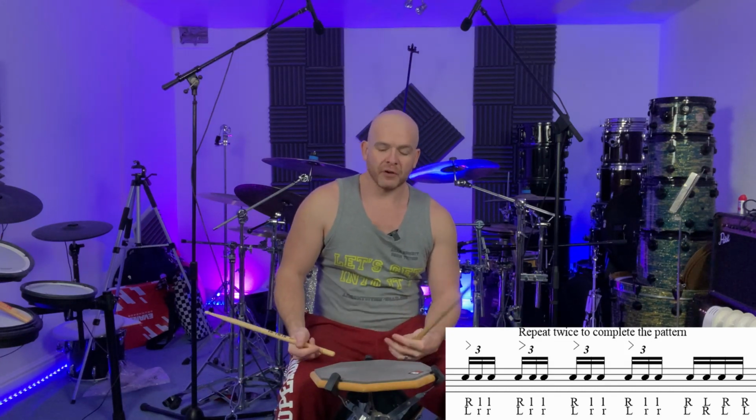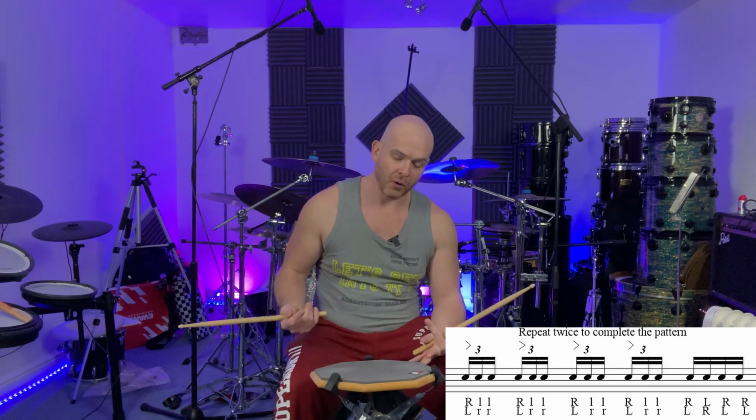This is a really good pattern because obviously it involves your triplets and your paradiddles, and you're putting them together. So you've got two rudiments there that you can use quite comfortably around the whole kit. Just for an example of how to orchestrate it around the kit, you could put all your accents on the toms,